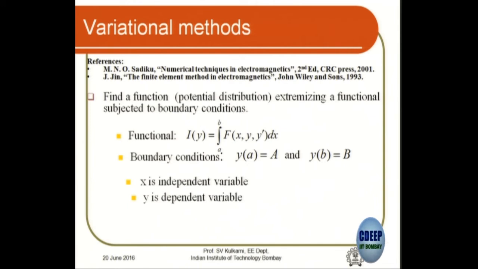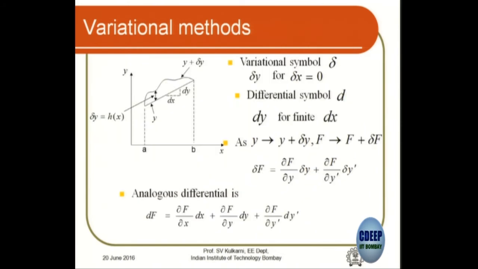Because potential I said is y, so the derivative del V will be represented by y dash there. Effectively that means your energy is a function of y dash. So here it is in general written as f(x, y, y'), but actually we have it as a function of only y dash in our case. But in general it could be a function of all three, x, y, y dash. Is that clear? Okay, and with boundary conditions, potential at small a is A and potential at the other endpoint b is capital B, right?